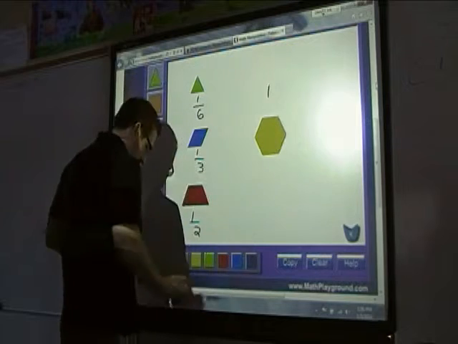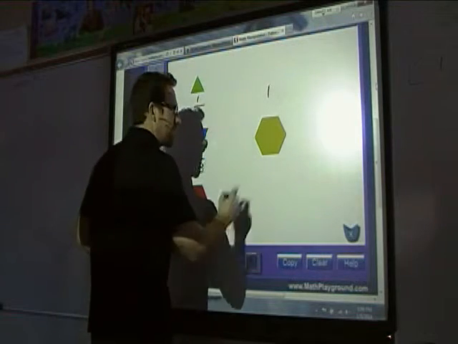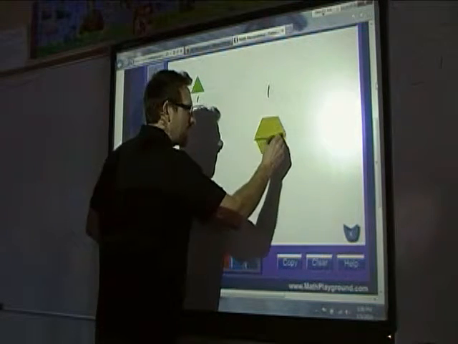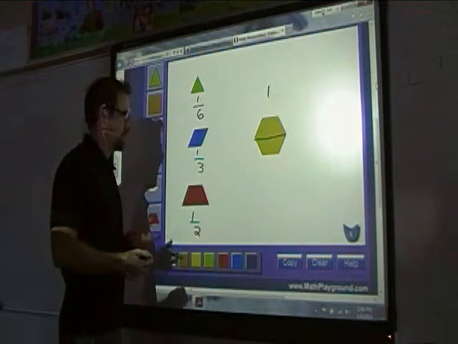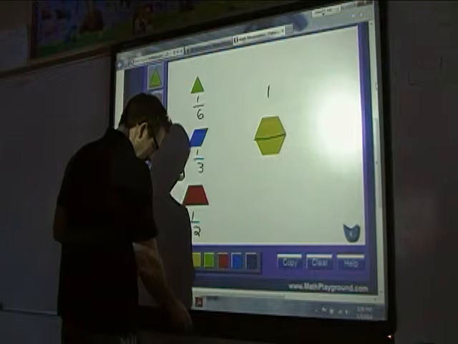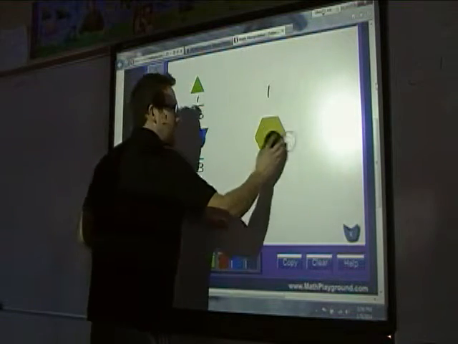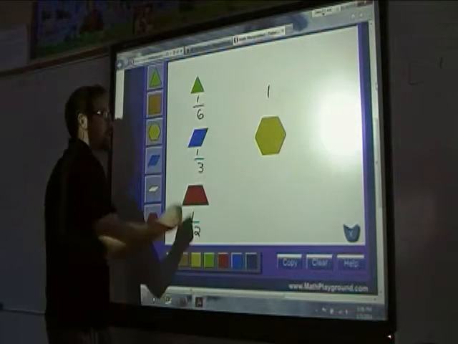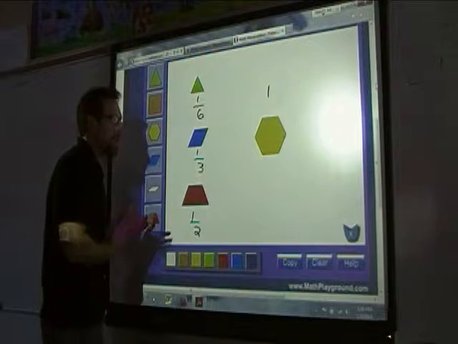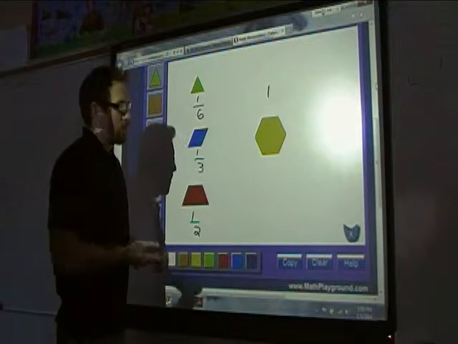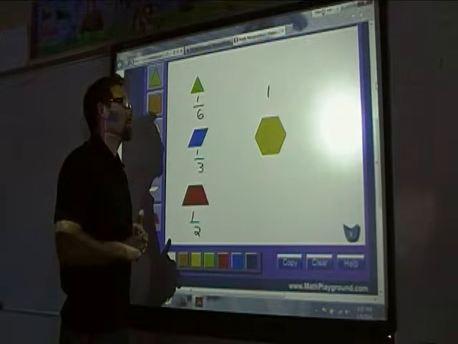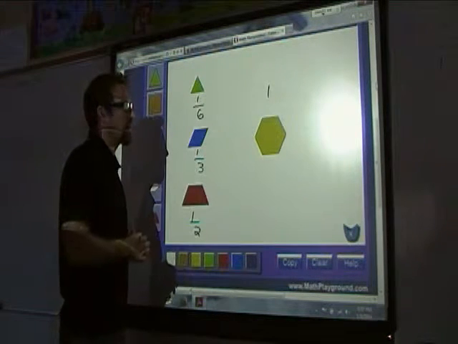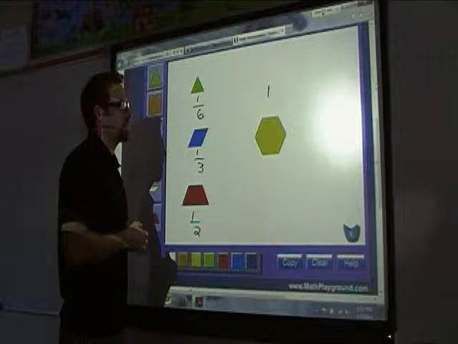If I wanted to cut it in half, I end up with that shape, okay? So that's how they have ascribed these different shapes the values of 1/6, 1/3, 1/2. So the question that's asking you, or the questions it asks you, is to fill in or create certain